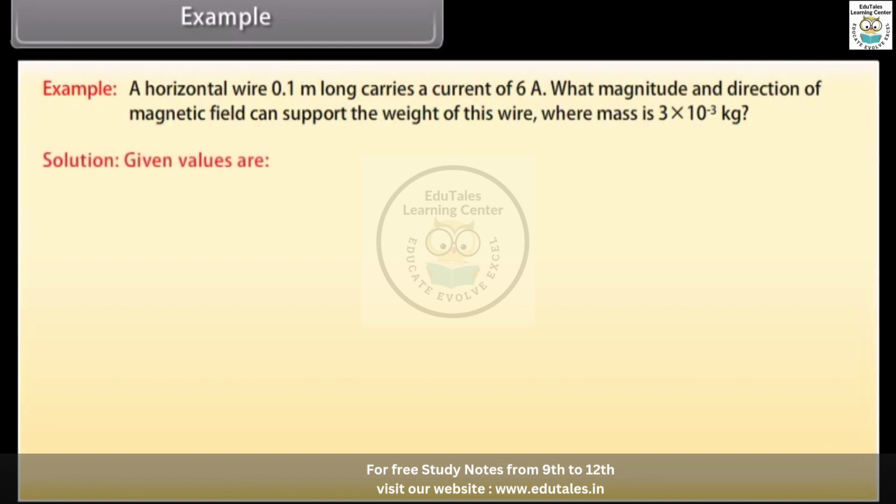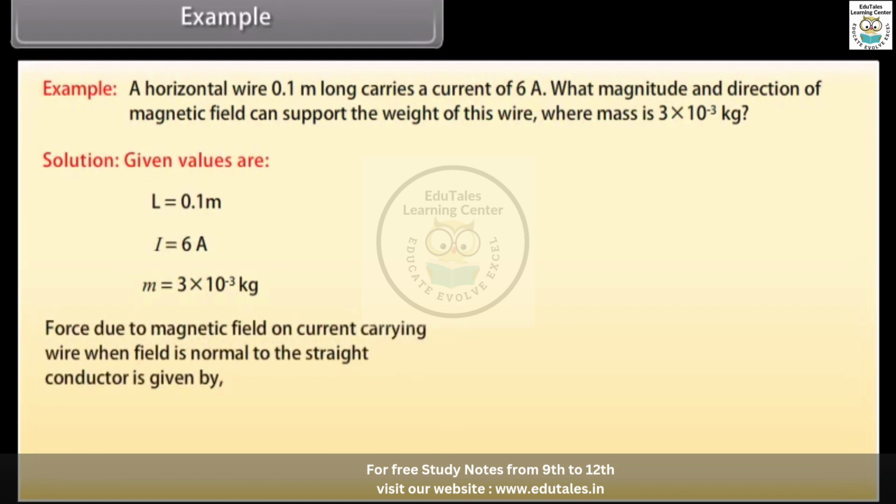Let's see the solution. Here, the given values are L is equal to 0.1 meters, I is equal to 6 amperes, m is equal to 3 into 10 raised to the power minus 3 kilogram. Force due to magnetic field on a current-carrying wire when the field is normal to the straight conductor is equal to BIL. Weight of wire is given by mg. On comparing these two equations, we get